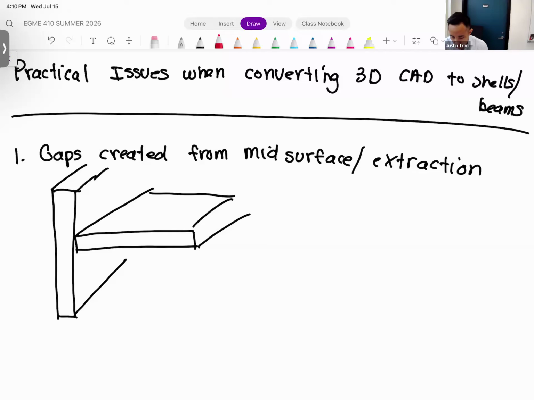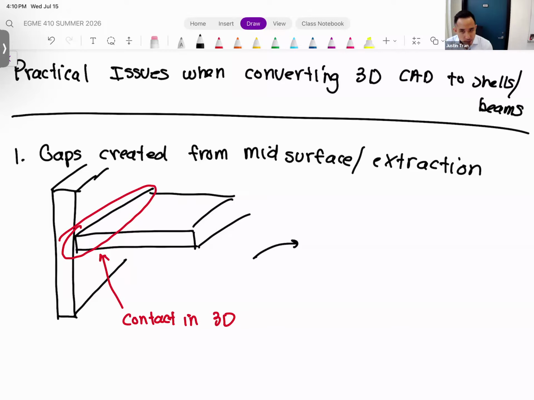In your purely three-dimensional geometry, our two parts are making contact right at that interface. Think about ANSYS activity 3, where we had the connection between the sign and the post. We had two different parts, but they were in direct contact with each other, which was important for our simulation. Now the issue is that if you converted this to shells,